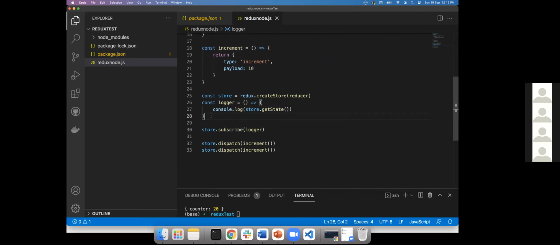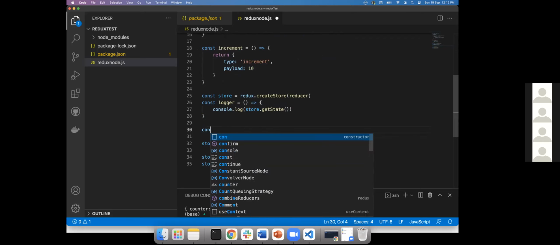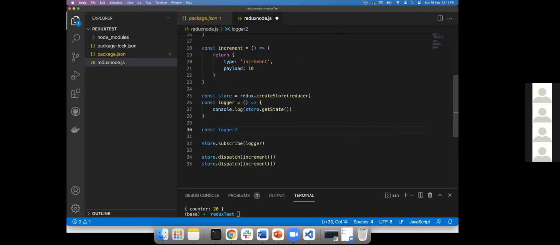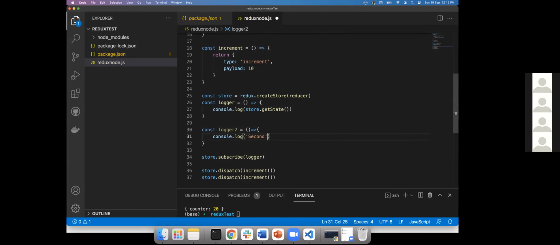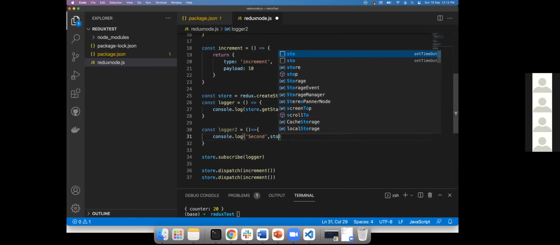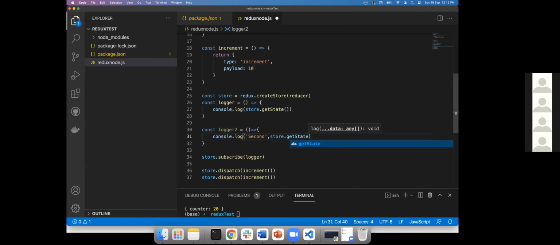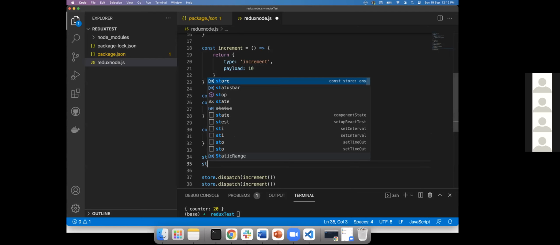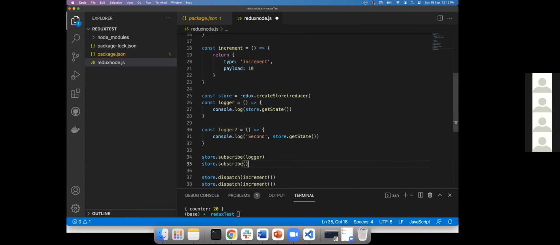I can write one more logger: console dot log, I'll say second, then store dot getState. I'll listen to this with store dot subscribe logger2.